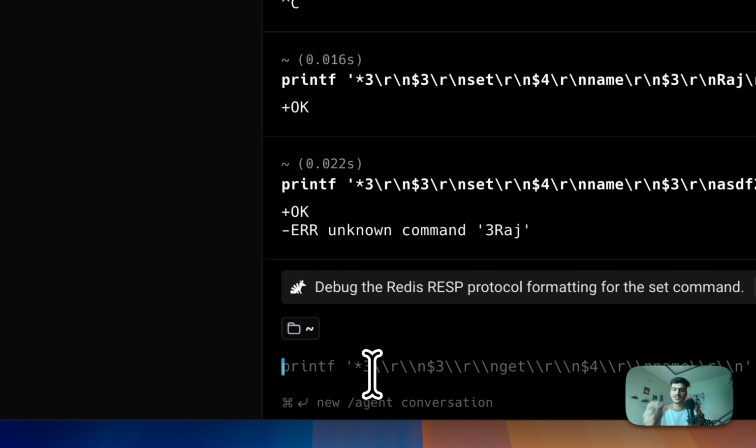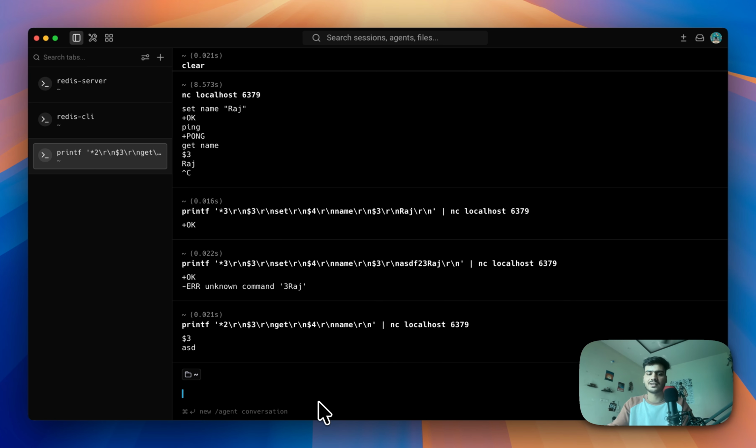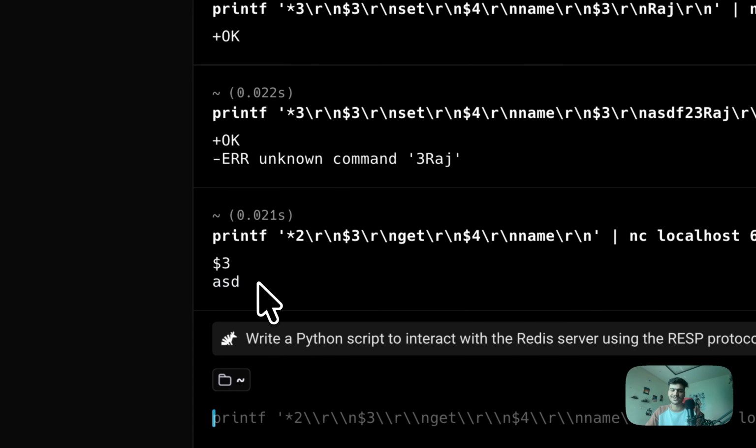Let's say I want to retrieve this particular value which I just set. So you can just write printf. For retrieving, I'll write get name, which is 2 elements. So I'll write *2\r\n. The first element is get, which is 3 characters, so I'll write $3\r\nget\r\n, and I want to get name, which is 4 characters, so I'll write $4\r\nname\r\n. I'll pipe it to localhost 6379, and yeah, as you can see, I got OK, sorry, my bad, because